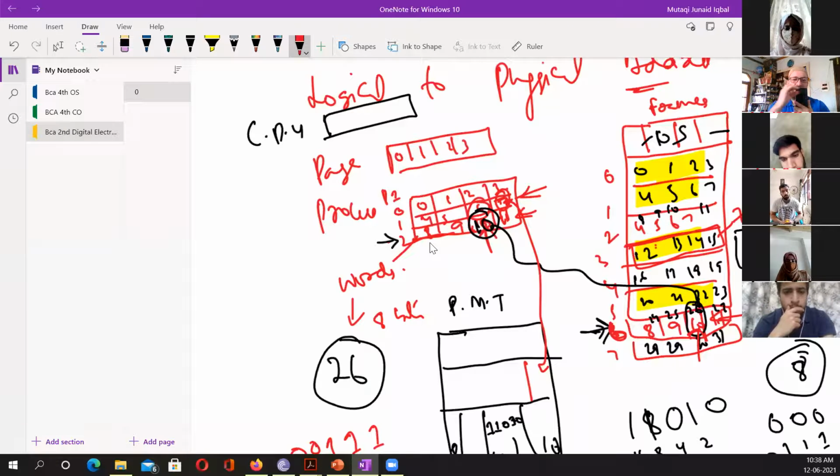ओके, लेकिन इसी हिसाब से जो हमने यहां पे पेजेस बना दिए इस प्रोसेस के, इस प्रोसेस का पहले एक PMT होगा, पेज मैप टेबल होगा, जिसमें क्या होगा कि ये जो अतुफा है इसका एड्रेस क्या है रैम में, क्योंकि रैम में एक्चुअली अतुफा विल बी समवेयर। नाउ पेज मैप टेबल विल बी एज अकॉर्डिंग टू दिस प्रोसेस। ठीक है, जो भी प्रोसेस है उसके अकॉर्डिंग पेज मैप टेबल होगा, एंड पेज मैप टेबल में एड्रेसेस होंगे कि वो बाइट्स कहां हैं। यहां पे हम सिर्फ कहते हैं कि मेरे पास ये बाइट्स हैं। ठीक है ना, इस प्रोसेस की ये बाइट्स, PMT पेज मैप टेबल विल टेल अस कि इसकी ये बाइट जो है, ठीक है ना, और वो कहां पर है, उनका एड्रेस PMT में होगा।